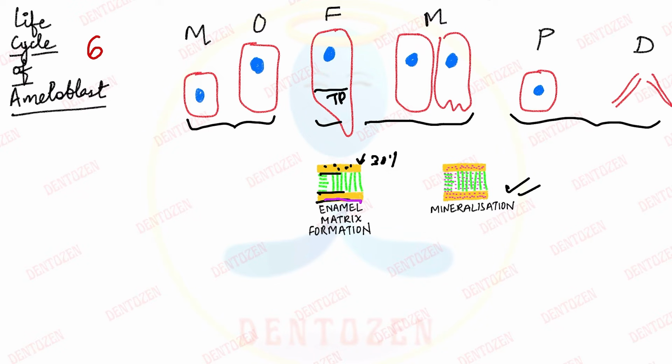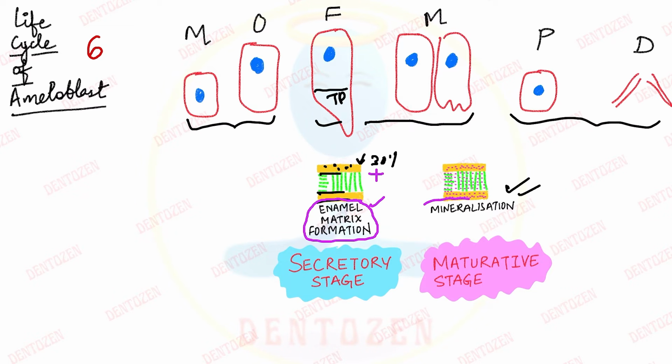So here two things are happening. First, the initial secretion of the enamel matrix along with the partial mineralization, which is called the secretory stage, and after a brief transitional period, the cell will carry out the maturation of this partially mineralized enamel, and that is known as the maturative stage. Before these 2 stages, some changes are undergoing to prepare the cells,